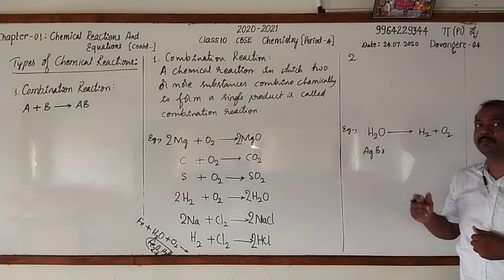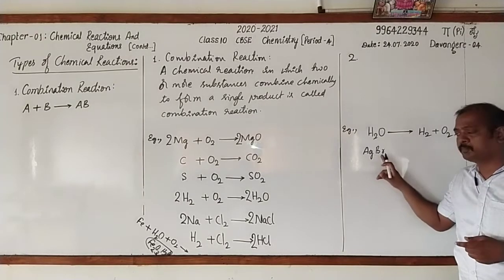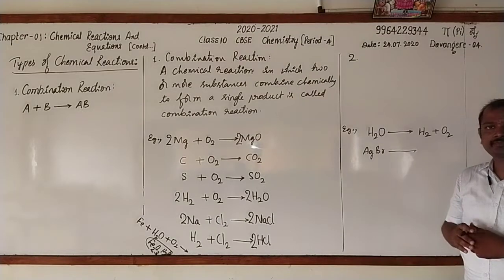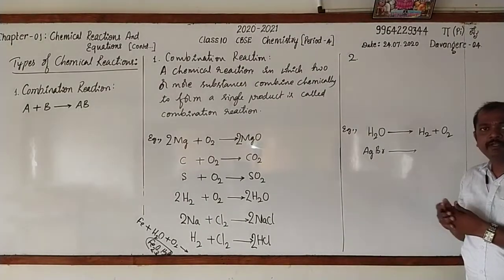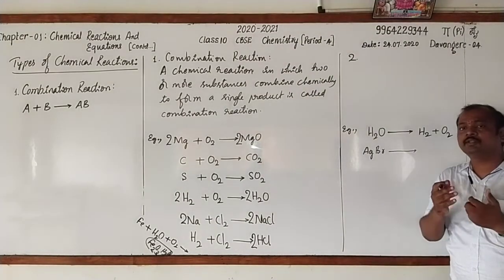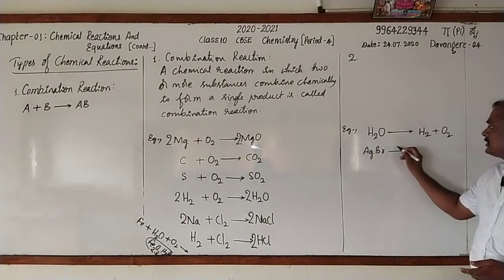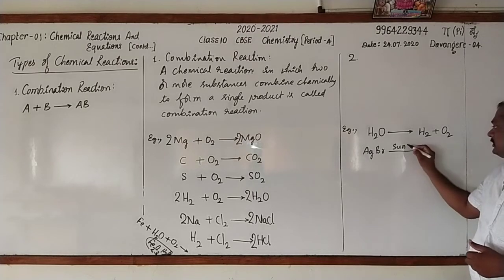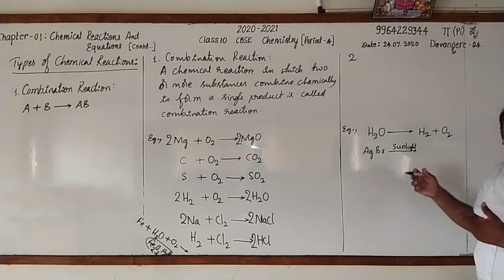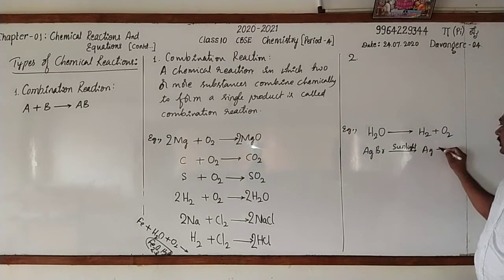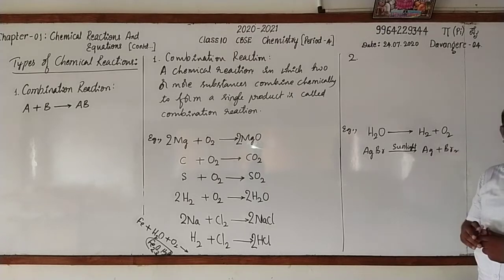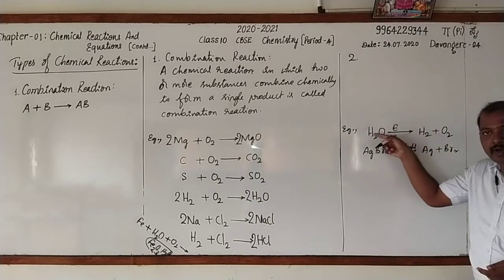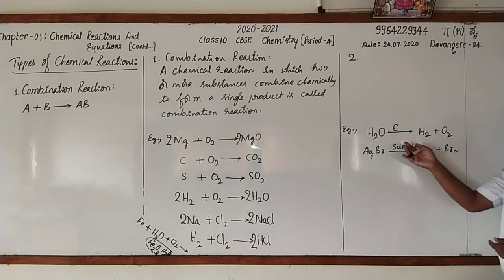AgBr. Name this compound? Silver bromide. Can it split up by itself? No. Then is there any condition? Yes. When it is exposed to sunlight, it gets split up into silver and bromine. Similarly, in the case of water, when electricity is passed into the water, it gets split up